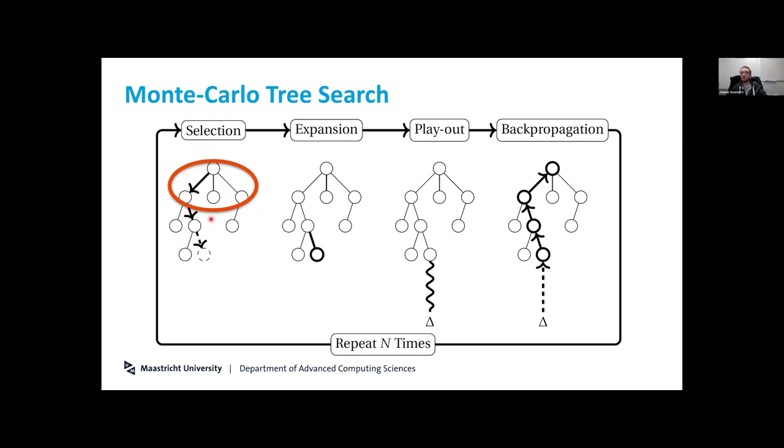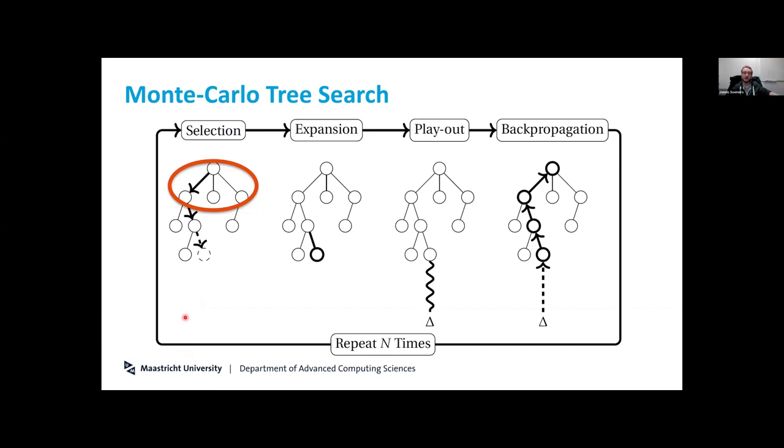Through these phases, it's going to gradually build up a search tree. While it's building the search tree, it's building it to gain information, to learn about all the possible future states, the actions I could take and what they would lead to. And the rewards that I collect, like if I search through my tree, I'm just in my head simulating phases of play and seeing what happens, what is my outcome if I do this or if I do that. And so in this simulation process, you really don't care about the rewards that you actually get